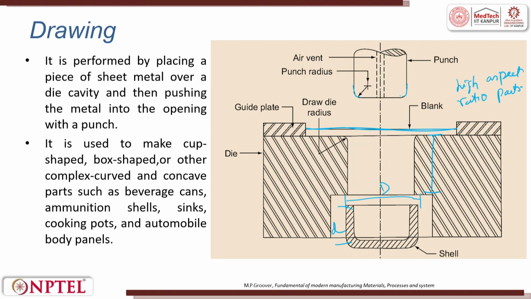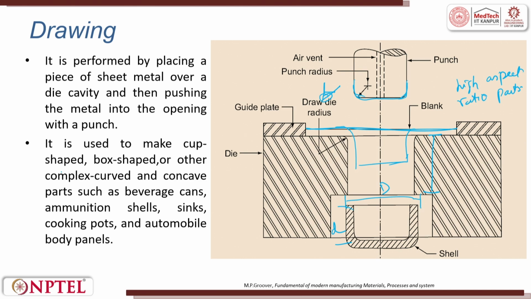So, in the shearing operation, we had a sharp edge. This sharp edge was at an angle, so it created piercing, right. But here what we do is we have a radius. Moment you have a radius, then what happens? It will not try to puncture or shear, it will try to push it down and bend the blank as and when it goes down.